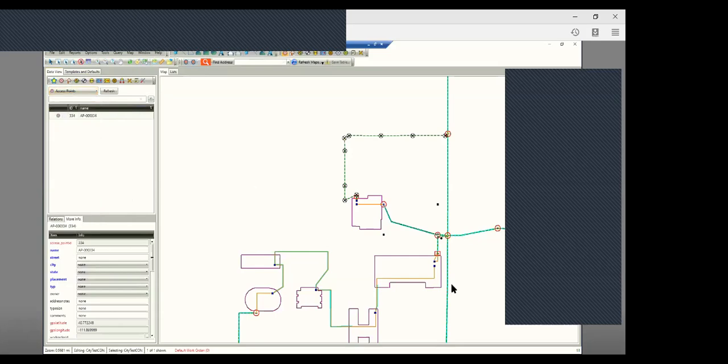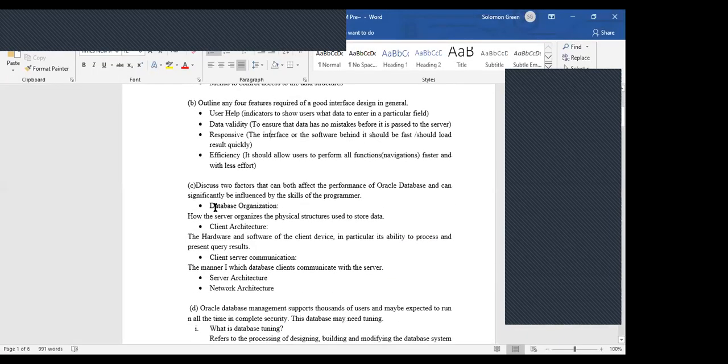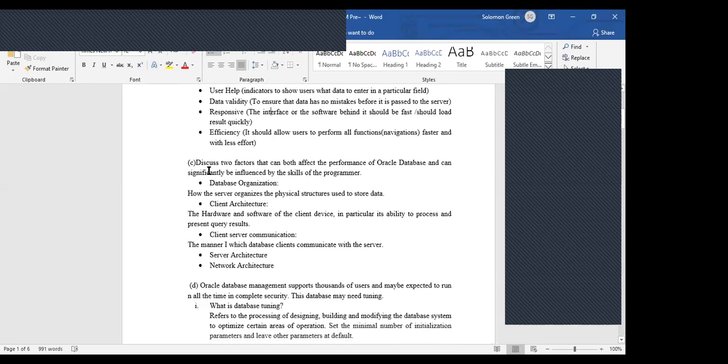Okay. So getting back to our questions again, we go to part C. Part C is saying, discuss two factors that can both affect the performance of Oracle database and can significantly be influenced by the skills of the programmer. So here, what we are required to do is to explain those factors that are determined by the programmer of the database system. Remember, a database